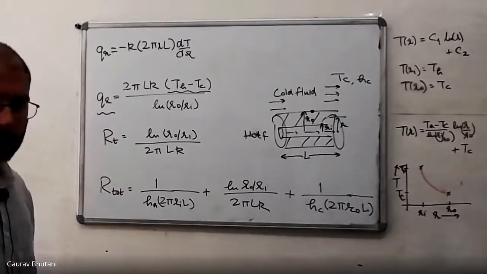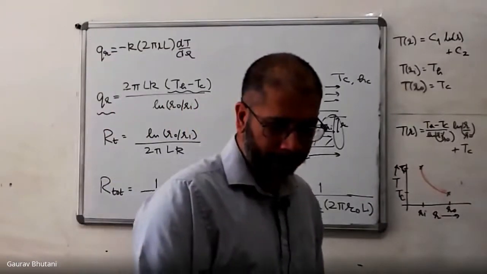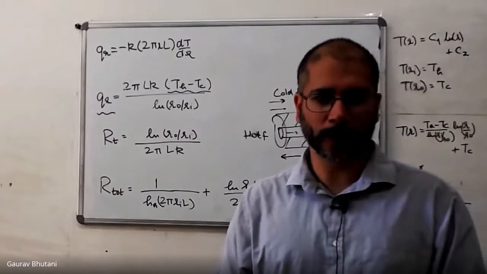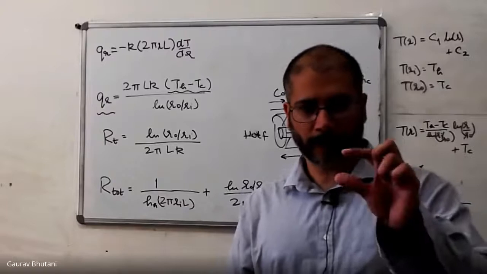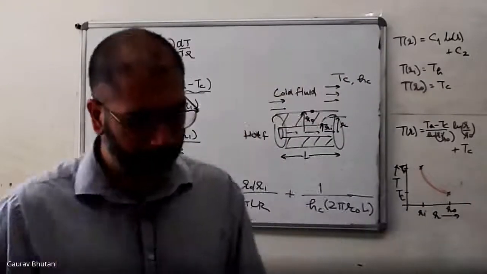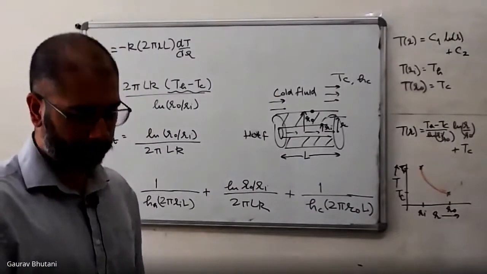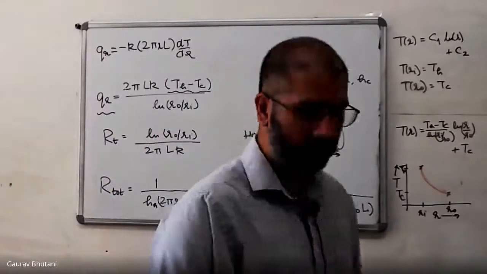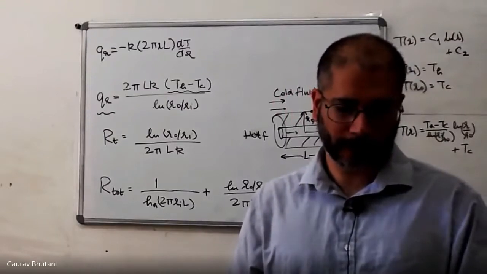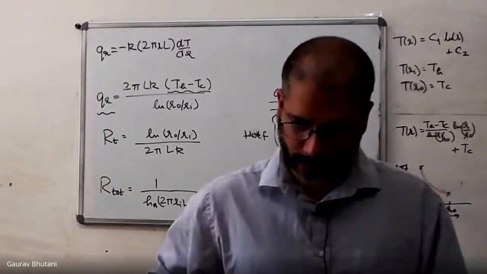Now let's take an industrial situation where you had a thin-walled copper tube, of radius Ri, that was used to transport a low-temperature refrigerant. It can be a refrigerator or an air conditioner. So your thin-walled copper tube is used to transport low-temperature refrigerant, and it's at temperature Ti. Let's draw the figure.